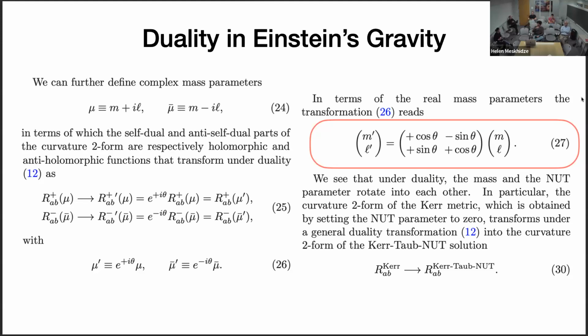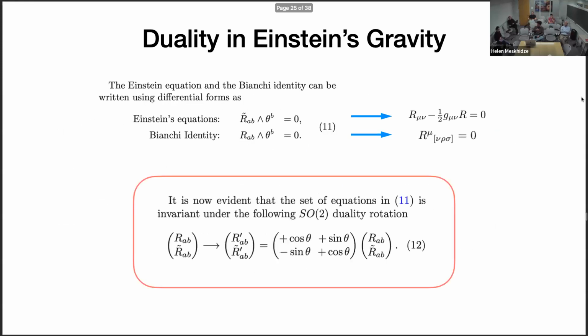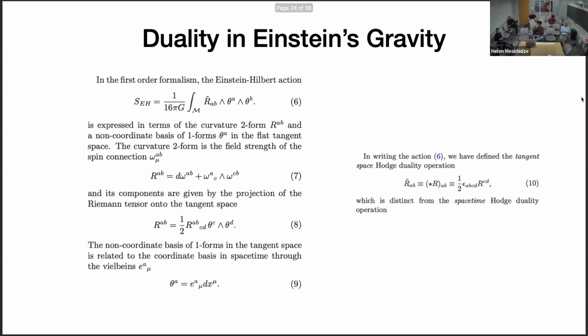Right. So here the thing is that because you have curved space, you can't do this in space-time coordinates, but you can do this in... Yeah, in a way, I like to think about it as a theory of a curvature two form on a flat tangent space. Okay. And then you can map the duality rotations are in the tangent space. So you have a space-time solution. You elevate, you map it to the tangent space, you do the duality, and then you can map again to a space-time. Okay. That's the way I think about it.